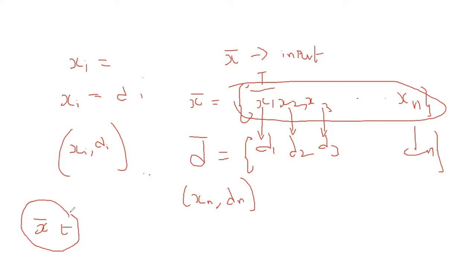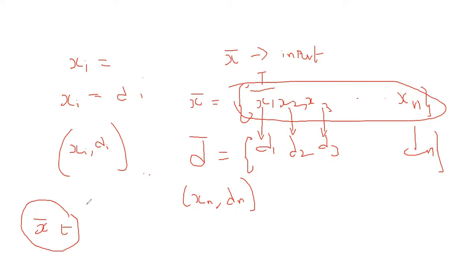So what it does, it will compare this x bar t with all the set of inputs it has already been fed with and find the closest one to x bar t. So x bar t is not in this data. In the data we feed to the system, x bar t is not there. Now the system will compare x bar t with all the inputs it has been fed and find the closest one.